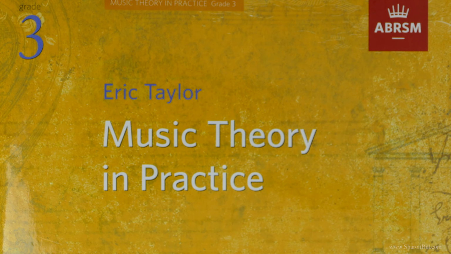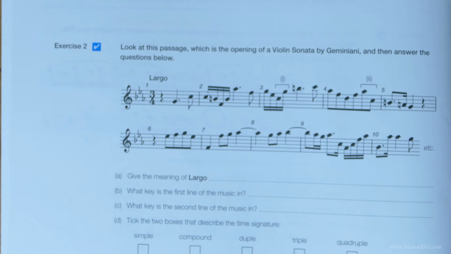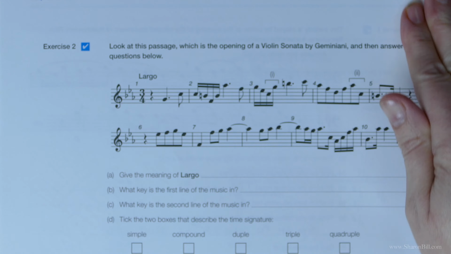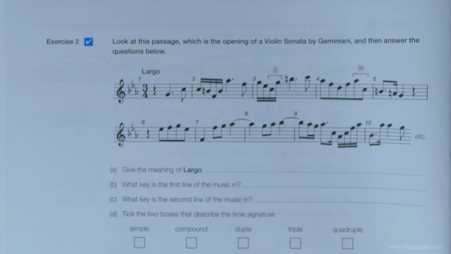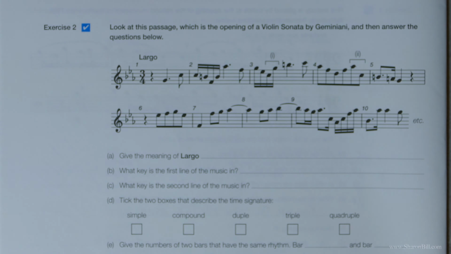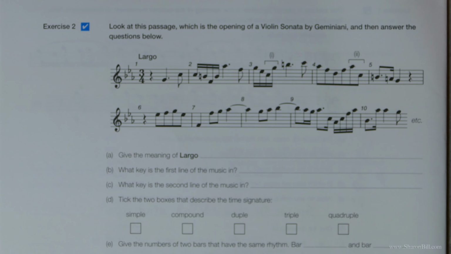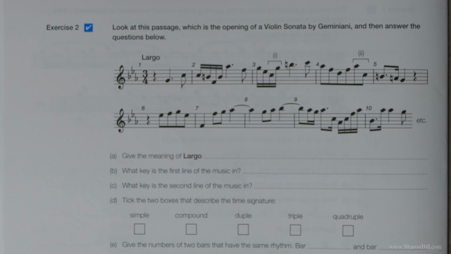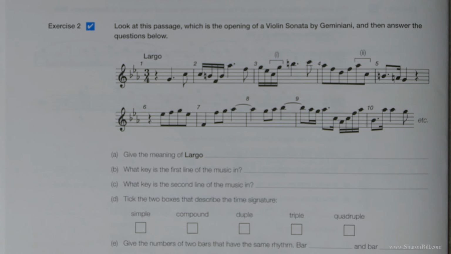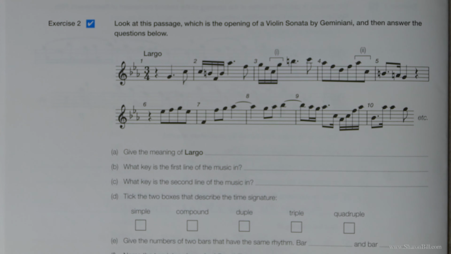And so let's press on, and we're moving towards the back of the book to the second of the general exercises. So I've referred to this as M Part 2 and we're on exercise 2. Remember that these exercises will touch on information that we've covered in all of grade 1, 2 and 3. And I suggest that you use this exercise as a revision exercise, and do look up any information that you're